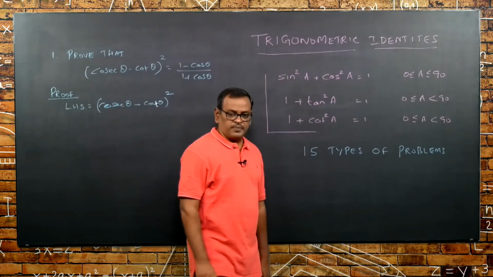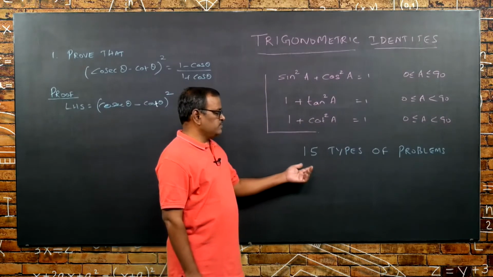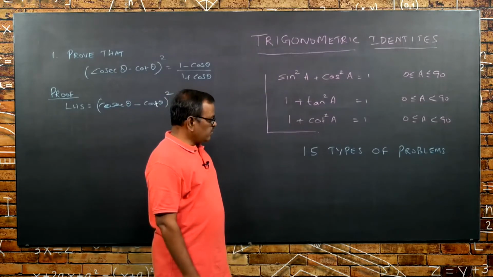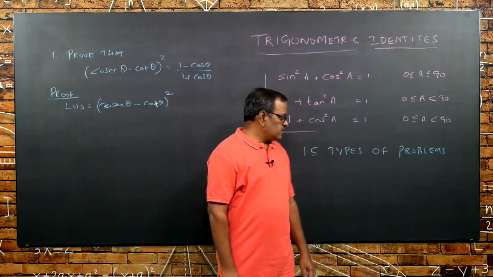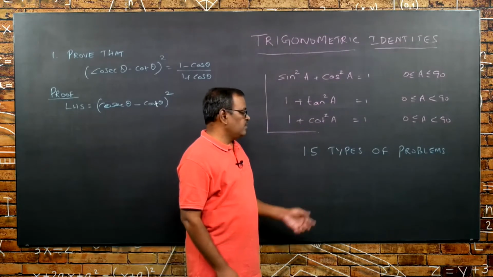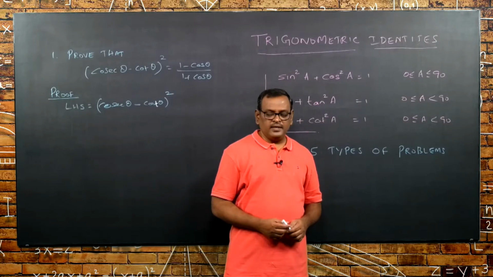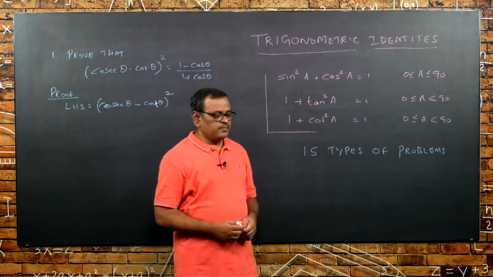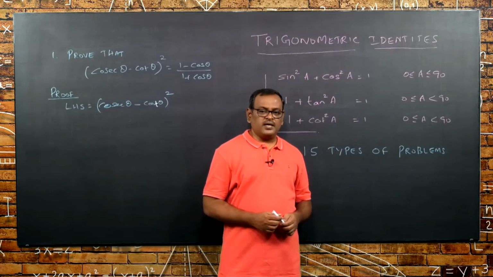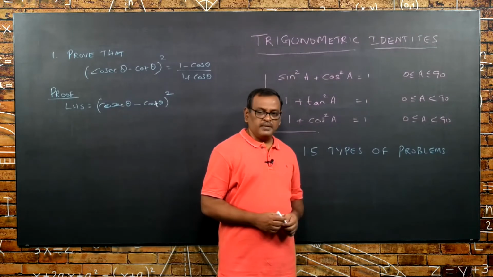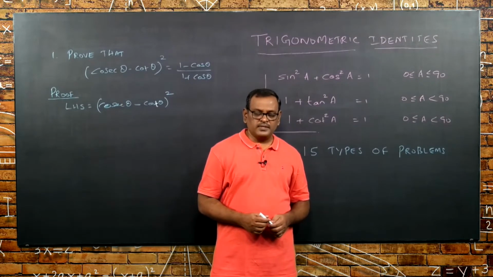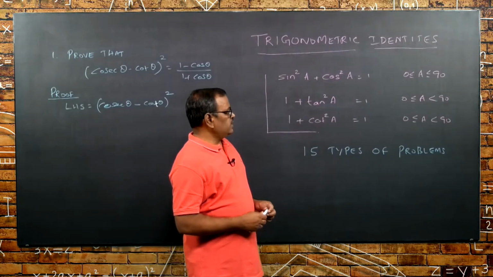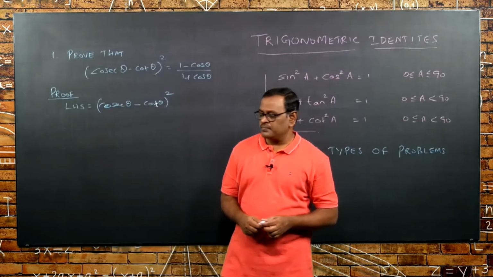And in this topic there are 15 types of problems in trigonometric identities exercise. There are two important aspects for these problems. One is identify the type of the problem, also how to solve based on the type. So in our digital course we discussed all the 15 types of problems, and minimum 3 sums, maximum 20 plus sums, depends upon the content of each type. Now I will teach 3 different types of problems.